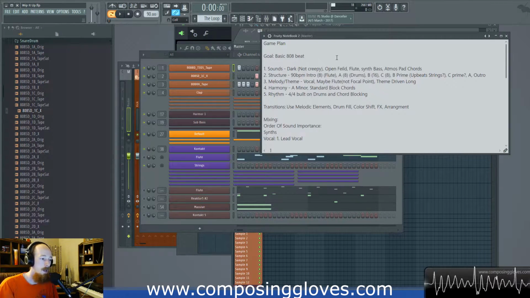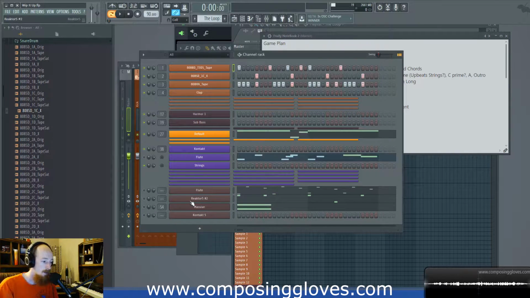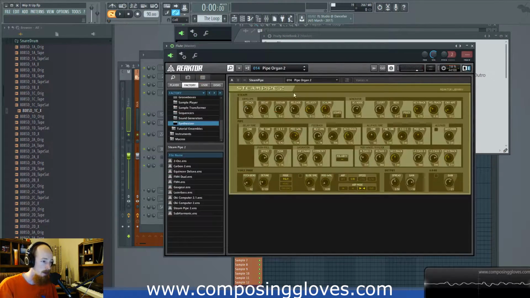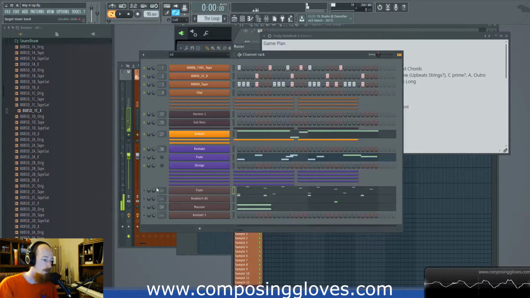So next I was like, all right, my next sound I have on here, I've listed a flute. And I had an idea with this flute. So I loaded up an instance of Reactor and an instance of Steam Pipe inside Reactor. And it's a really great ensemble in Reactor. They have a bunch of really cool flute-based synthesis models. And so I said, well, models based on tones that are similar to a flute. And I actually settled on the pipe organ, ironically, but I came up with this as my opening line because